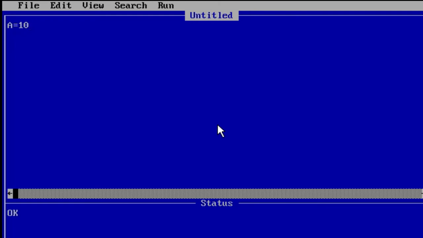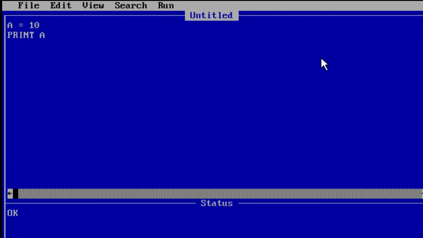So I am writing a equal to 10, and on the next line I am writing print a. Look at the second line: we are not using the double inverted comma for the variable a, because a is the variable, not the text. So don't use inverted comma for the variable.